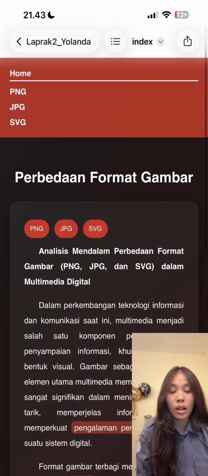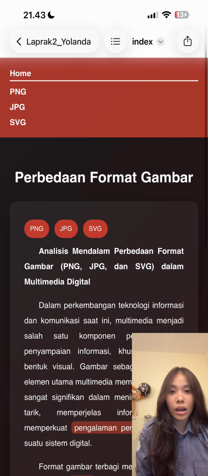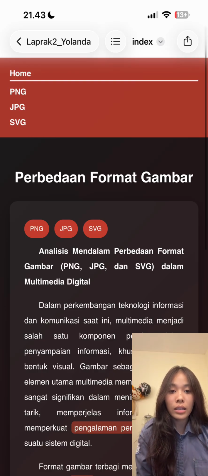and navigation elements. In terms of design, I used a dominant red color theme according to the requirements, combined with modern visual effects such as shadows, rounded corners, and transparency to create a more attractive and professional appearance. The website is also responsive, meaning it can adapt to different screen sizes, including laptops, tablets, and smartphones.